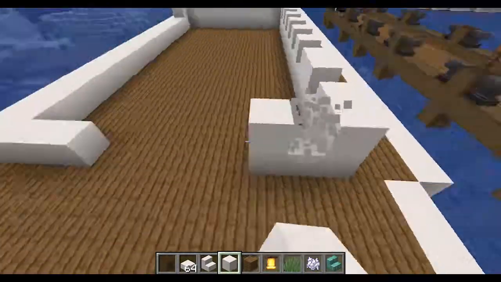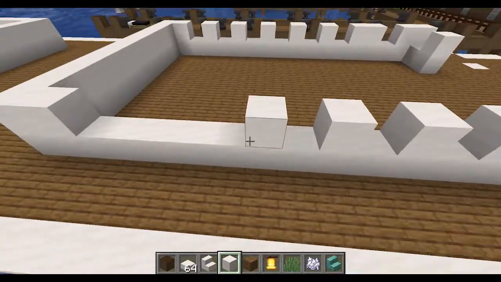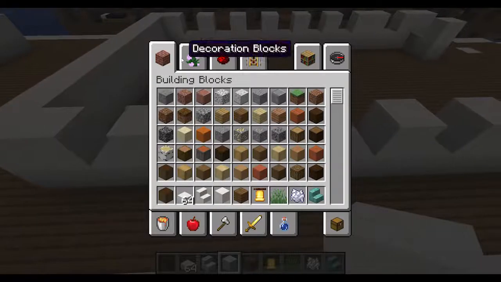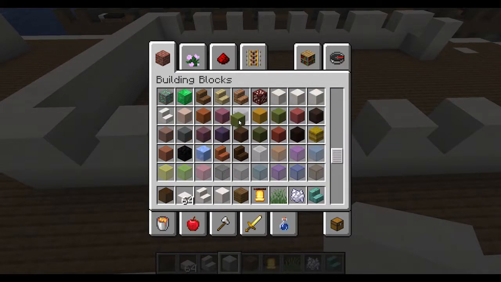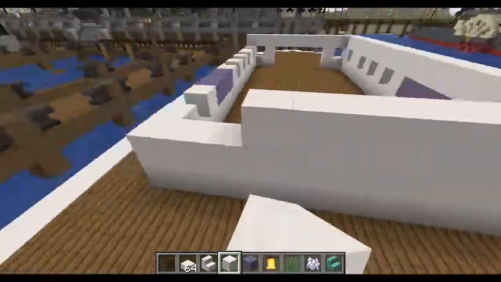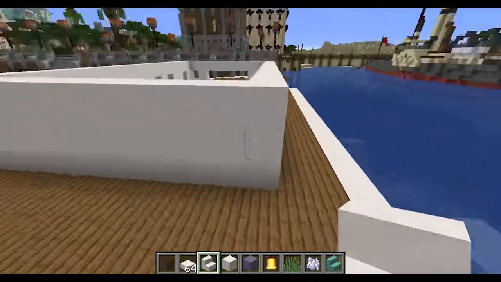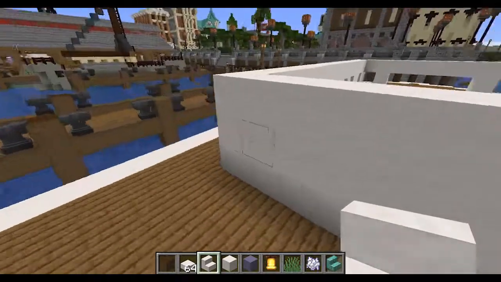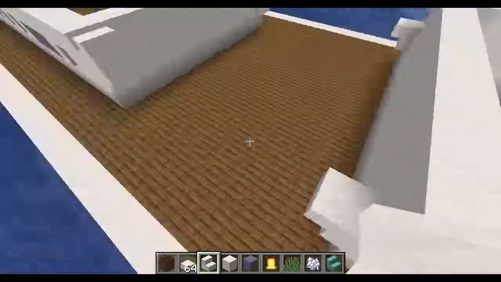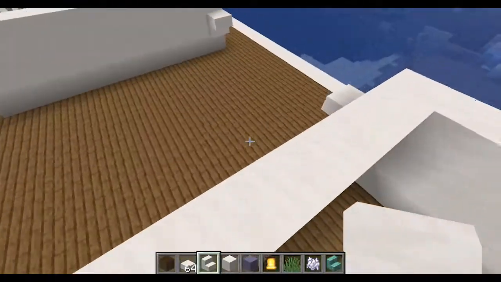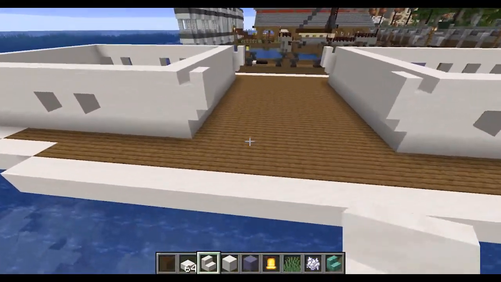Now, back in the day, there wasn't a whole lot of air conditioning going on, so a lot of these boats had crazy amounts of portholes in order to keep things well ventilated while churning up the mighty Mississippi. Now I'll add a little bit of detail here. I'm gonna put arches in between these two superstructures. It's gonna make them look interesting. I love playing around with the smooth quartz steps.